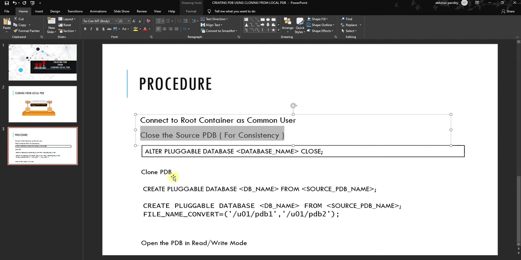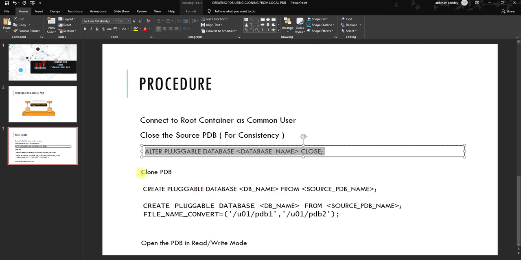Then you close the database itself, and run all these clauses to clone it to the other database. It depends on the project. So we close the source PDB, for consistency, as I already said. You say alter pluggable database, and close it, as everyone might know.